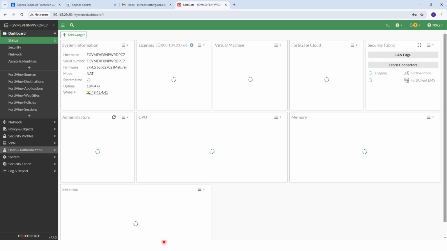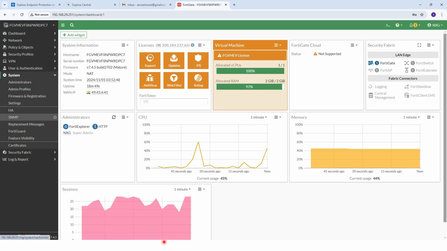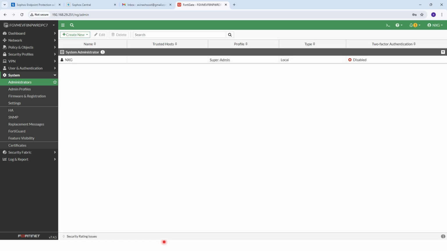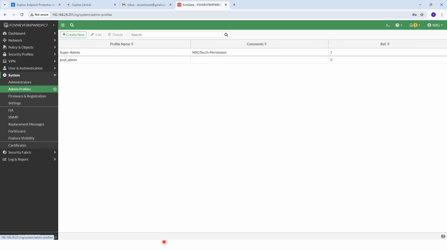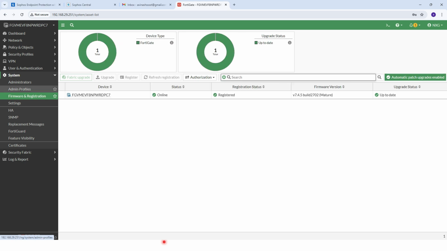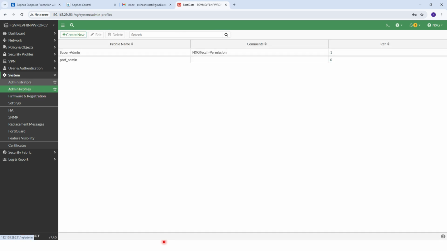Now you can see system administrator, and click on plus. You can see I am logged in with this account. Now you can see I am displaying prof admin as well.